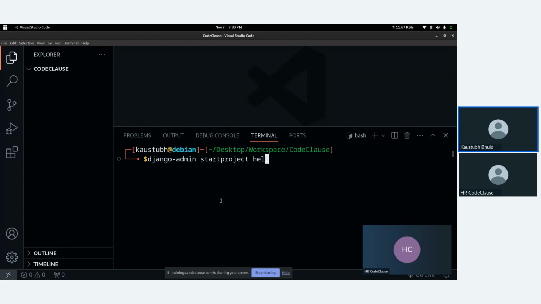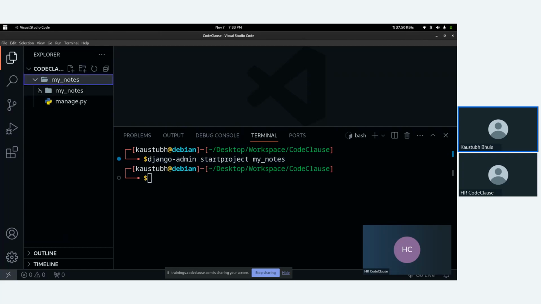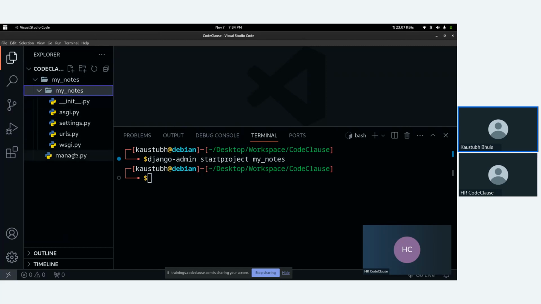So let's say I'm giving the project name as mynotes. Now you can see after executing this command, the project structure has appeared here, having the folder called mynotes and some predefined files like settings and URLs and all.